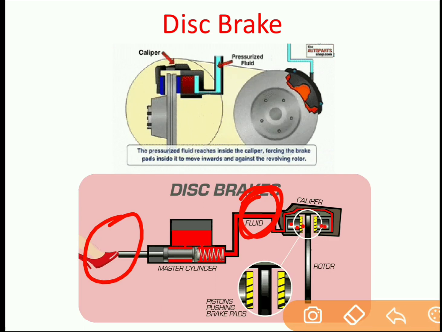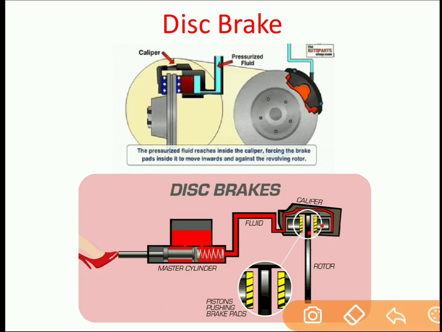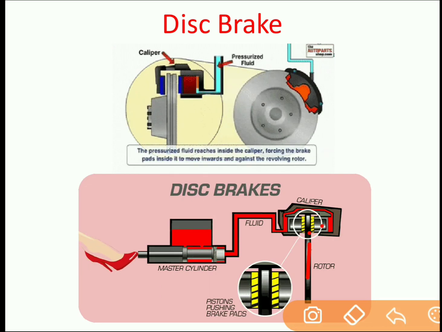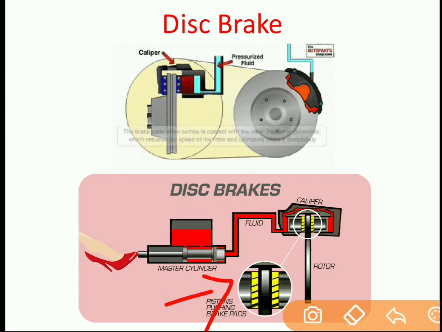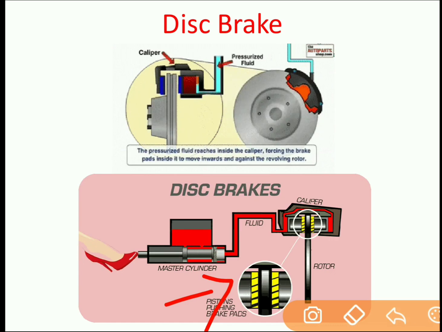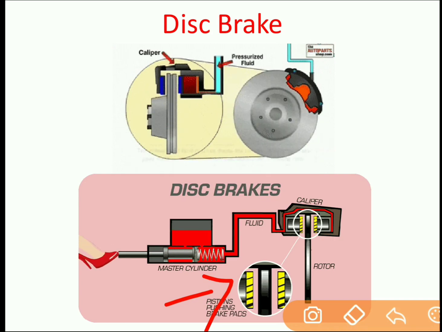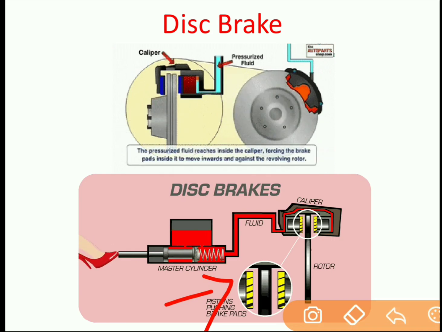will come in action. So when these two blocks come in contact with the disc, the rotation of the disc will stop or slow down. You can see the close view over here, when the brake is in action. So when the brake is applied, the shoe and the disc are in contact. When the shoe and the disc are in contact, the brake is said to be applied and the motion of the vehicle will reduce or it will come to a stop.